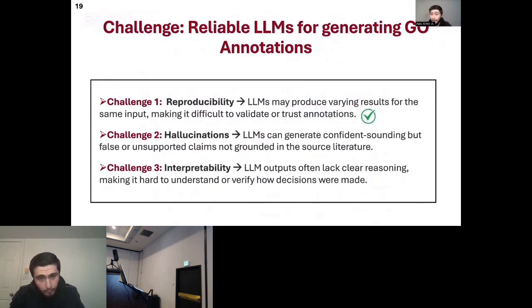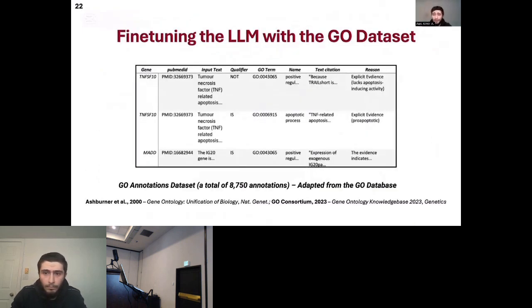Now that we've in part addressed that issue of reproducibility, and also, as mentioned earlier, interpretability, since we asked the model to provide reasoning, the issue of hallucinations was the most challenging feat of them all to try to minimize. Let's look into how we minimize them. To address the issue with hallucinations, which typically stems from the fact that large language models are typically not experts in biomedical sciences,